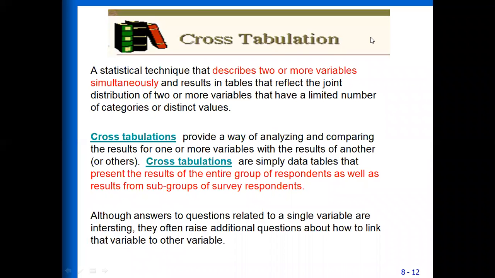Here we will discuss cross tabulation. What does cross tabulation mean? Cross tabulation is presentation of data when there are two or more variables in the data, and we tabulate the data according to categories of these variables. There may be two or more variables, and these variables are categorized in the form of rows and columns. This is called cross tabulation.